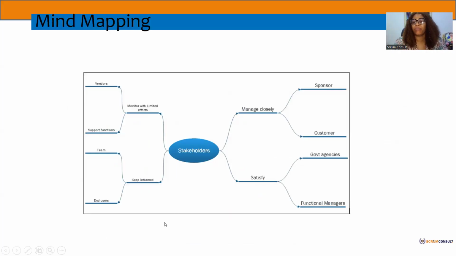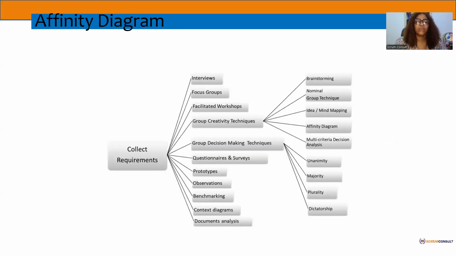This is when you talk about mind mapping. Usually you start from one big idea and you start mapping out, okay, you have a lot of things in your mind, what you think, and all those things. So you just start. You want to mind map your stakeholders. Like the person I said had about 24 stakeholders in one organization. So you want to start mapping them based on their similarities. Okay, so you can do that. You can do the affinity, just like when you go to the library, you see biology books in one section. That is affinity of requirements. You diagram, you group similar ideas, okay, and you start grouping them out.